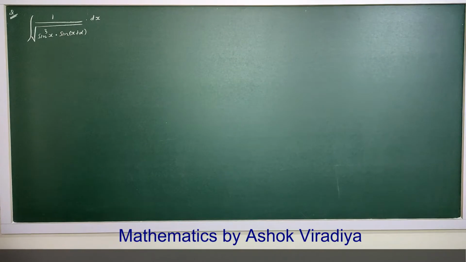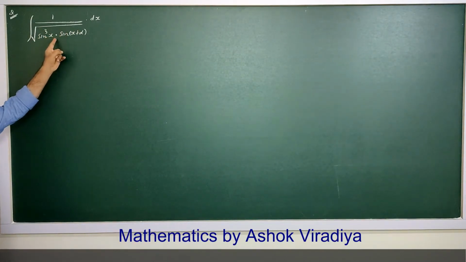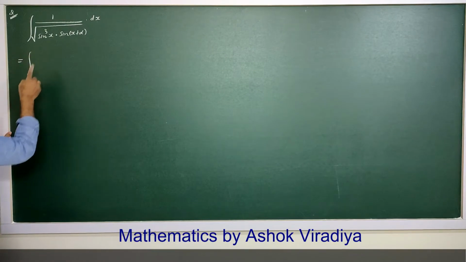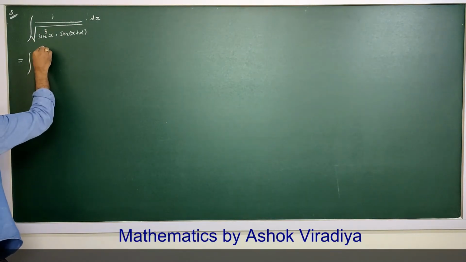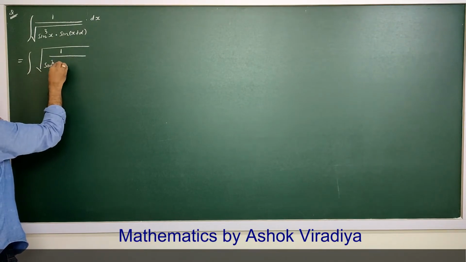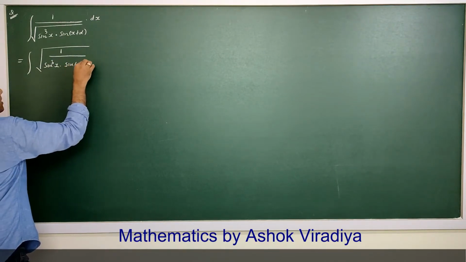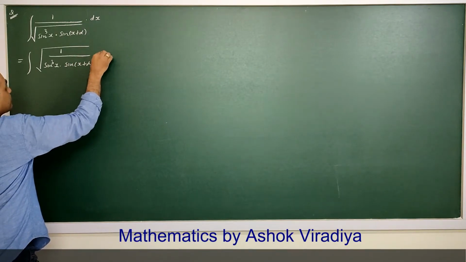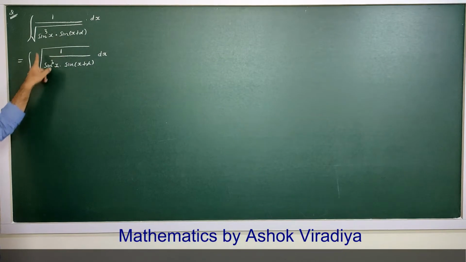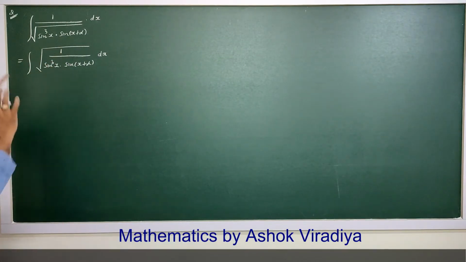Now say in this question, radical sign is given, product is given. So to convert this into integrable form, what do we do? Here this is given 1 upon sin cube x into sin of (x plus alpha). We can see this as square root of 1. So whatever is given, I have written as it is.